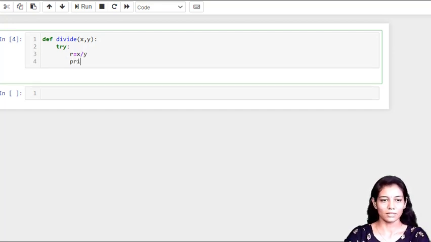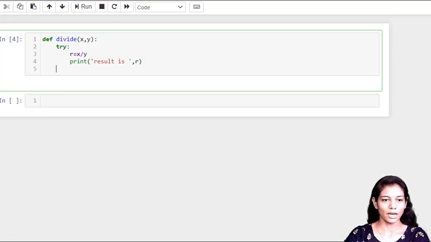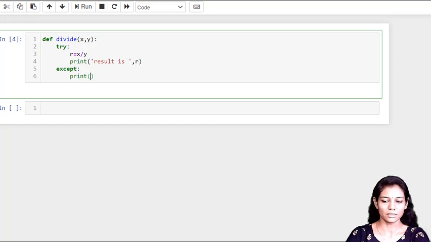And print result is r, that is what I am printing. And now the except block will print something went wrong. This is the indication that the user has not given a proper value.